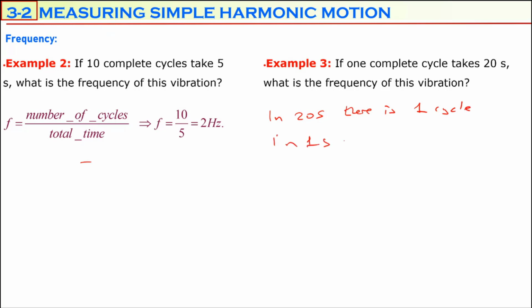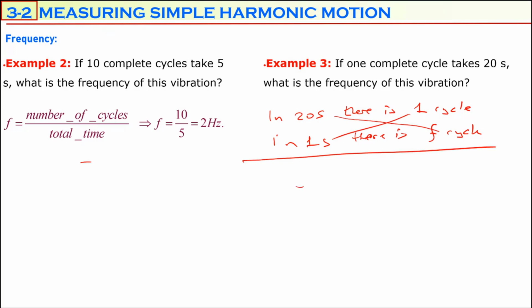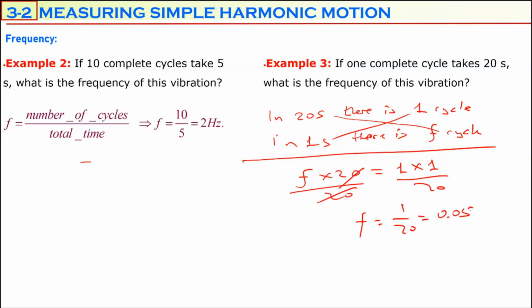In 1 second, there is F cycle, because it's the frequency definition. The number of cycles in 1 second is the frequency. Cross product: F times 20 is equal to 1 times 1, divide by 20. So F is equal to 1 over 20, which is equal to 0.05